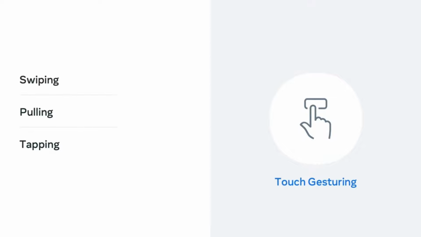iOS is based on an older Apple operating system called Darwin, which itself is based on Unix. All Apple's mobile devices run iOS. A prominent feature introduced on iOS devices is touch gesturing, which allows users to perform actions through such movements as swiping, pulling, and tapping. Apple devices also make use of accelerometers and gyroscopes, enabling users to switch between the orientation